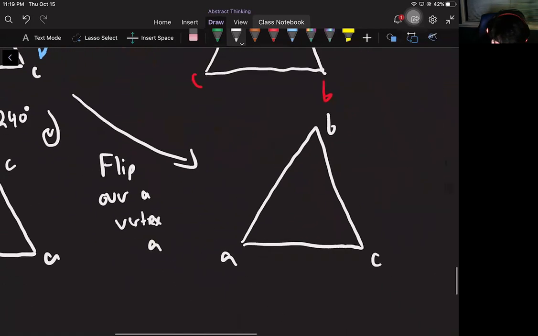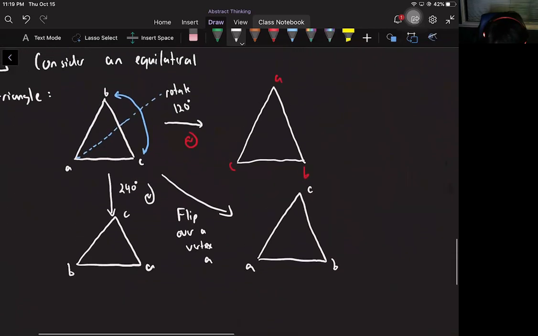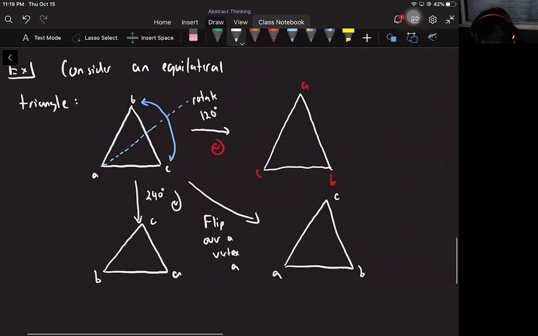Wait, that's the same one. Oops. A, C goes up there, and now B goes down here. So that's another thing you can do to this triangle. So you should try to think about all the things you could do, but I'll give them to you right